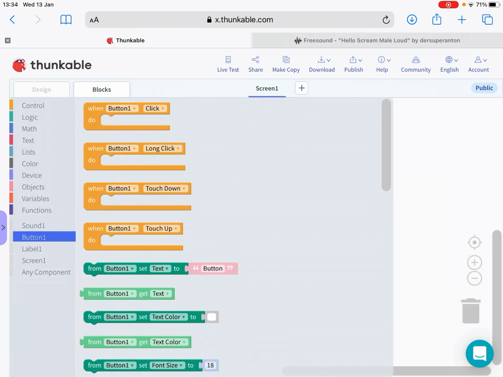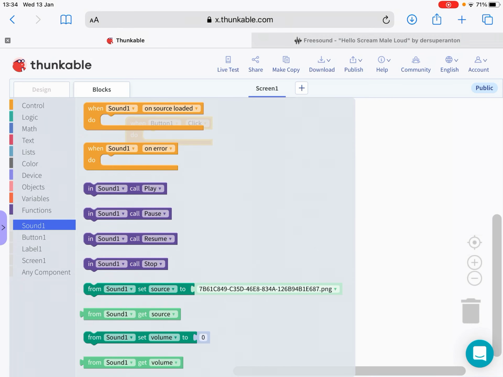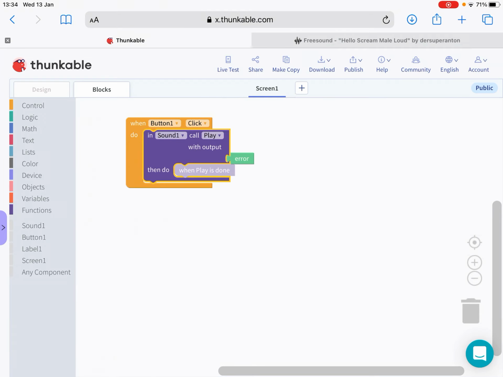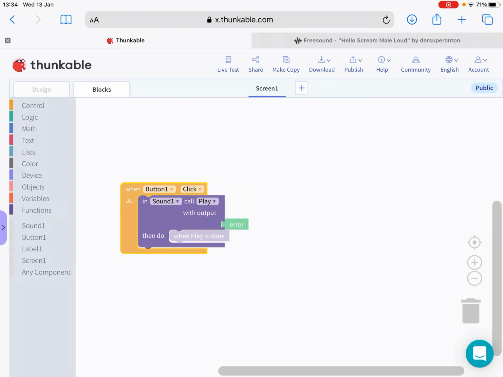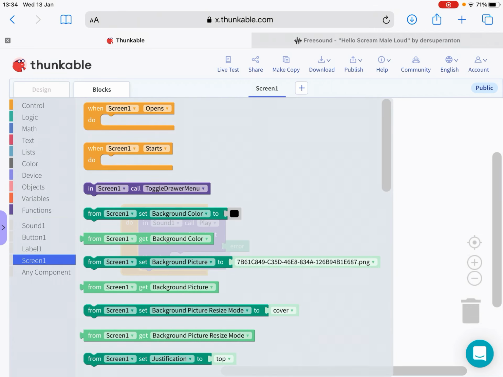The first thing we want to do with our coding is we want to know what happens when we click our button. So when button 1 is clicked, if you tap the little button 1 part here, then once that's clicked, you can say, right, play the sound, and this will happen. This is exactly what we want for now. Then we hit screen 1. So when screen 1 starts,